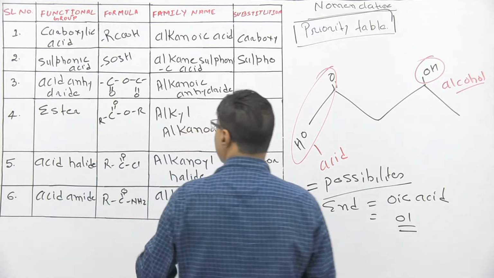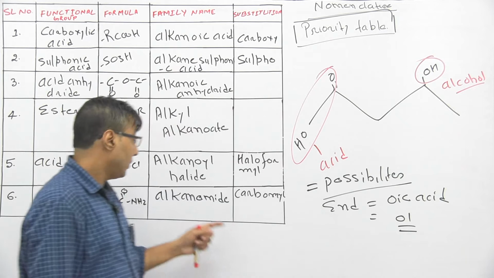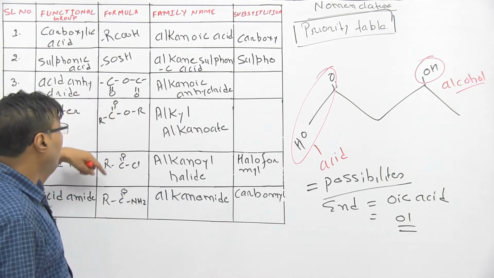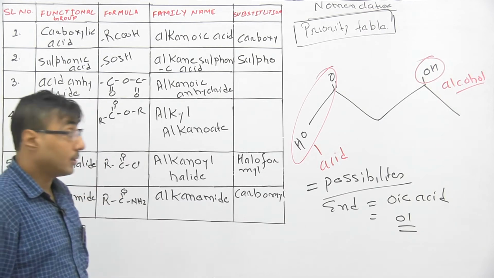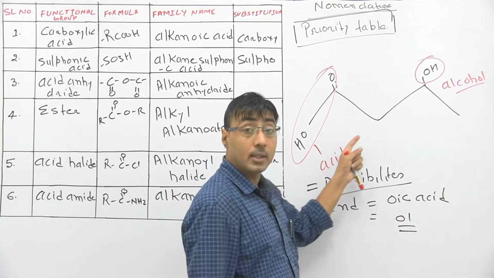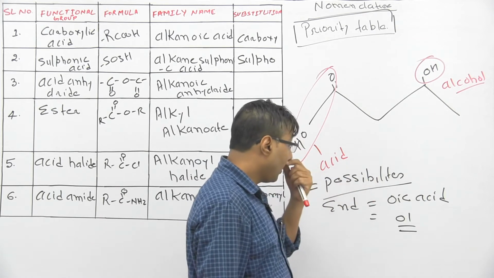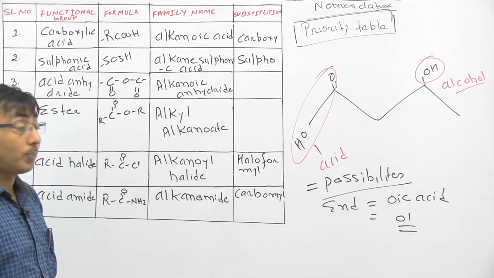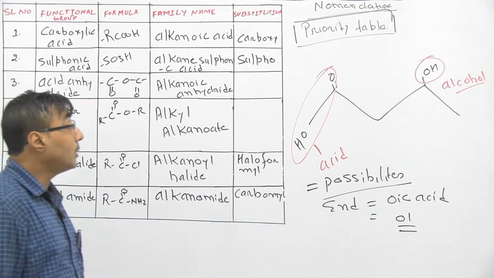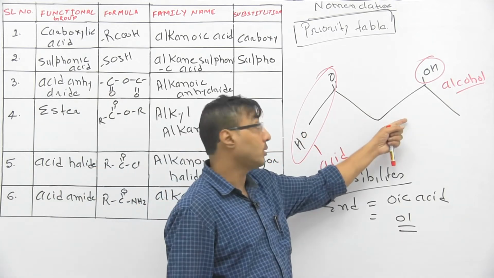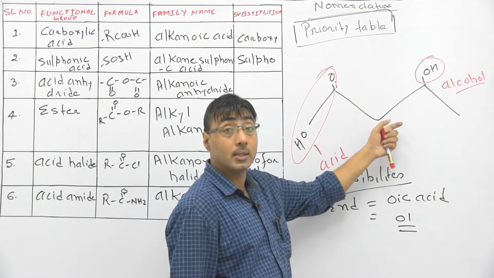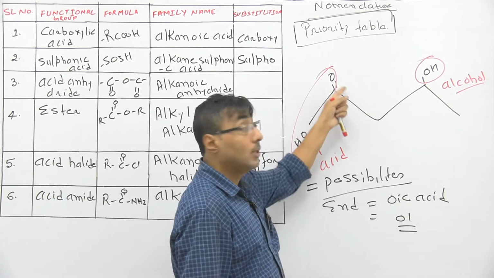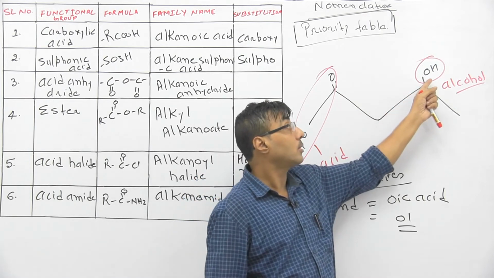For that, one table is there which is known as priority table. This I have written here. Another 6 or 7 part will come. This is the first 6. In the next table we are going to write the remaining priorities table. So how to decide whether acid will be the functional group or OH will be the functional group? The main thing, if these 2 compounds are there, how this compound is going to react in a test tube? Then this will react as per acidic group, and this will be somewhat on the silent mode.